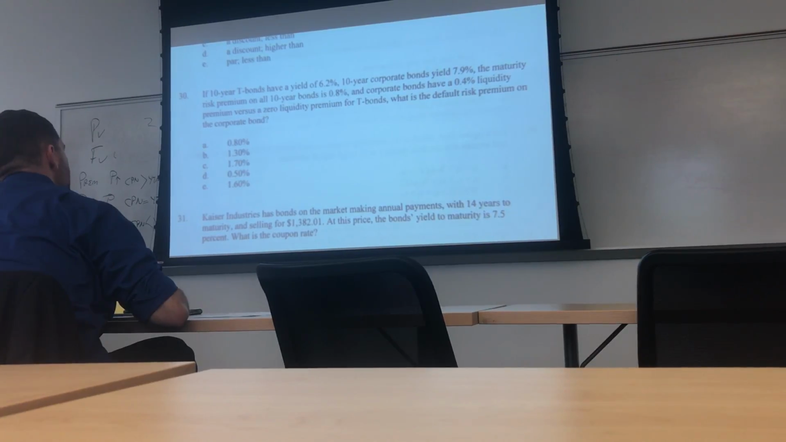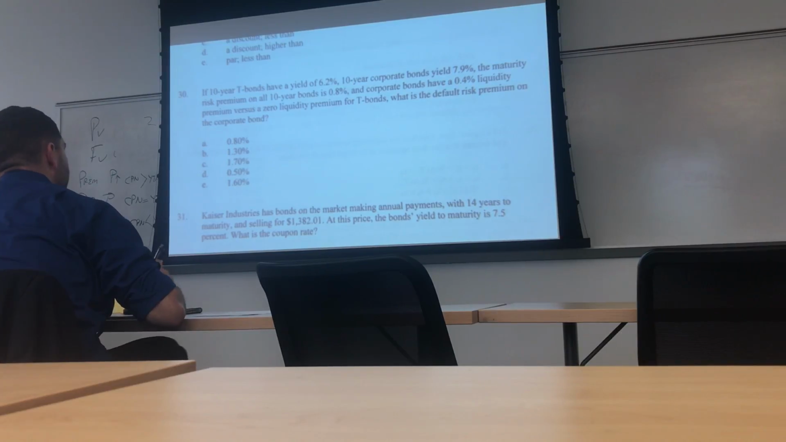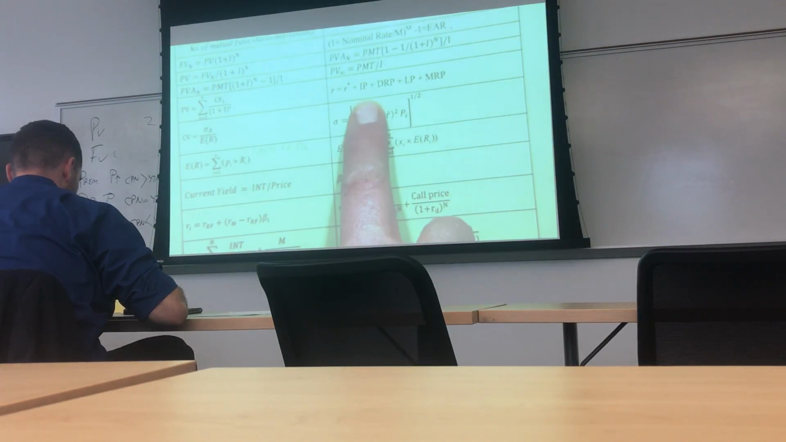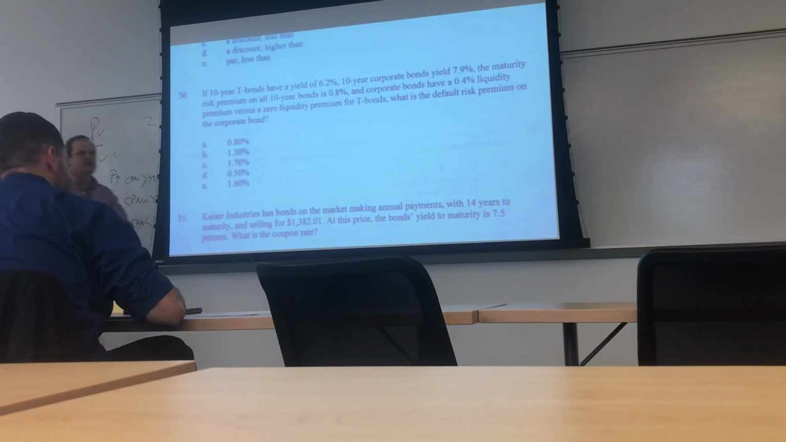Risk premium in the corporate bond. Okay? Now, see if you can find out which equation we would use for this off your formula sheet. R equals R asterisk plus I. Perfect, right there. Everybody sees that equation right there? And so, if you would,